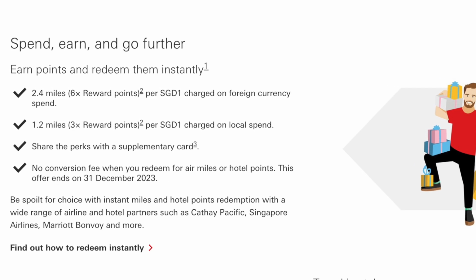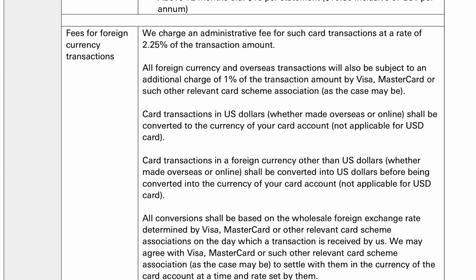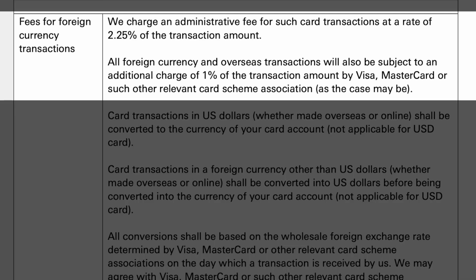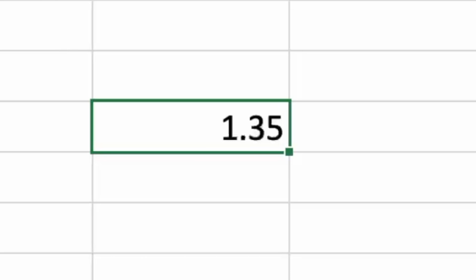But if you look at the earn rate for foreign spending, it goes to 2.4 miles per dollar, making it one of the more generous cards when it comes to giving miles for foreign spending. Do note that there's a fee to be paid when you use credit cards, including HSBC TravelOne, to pay for foreign currency transactions. HSBC charges around 3.25% for such transactions, which is more or less in line with other banks. If you take 3.25% divided by 2.4 miles per dollar, you are actually paying around 1.35 cents per mile when you use this card overseas, which is not too expensive but also not the best deal,